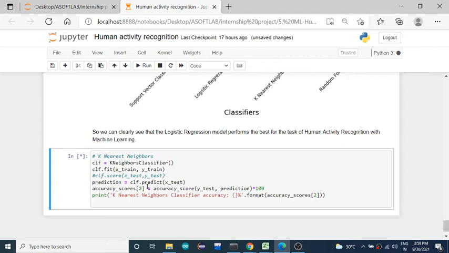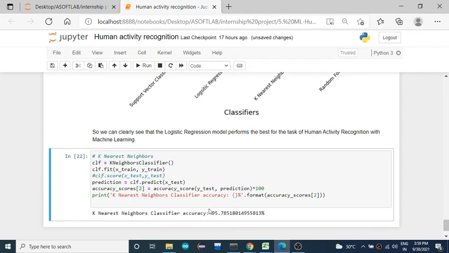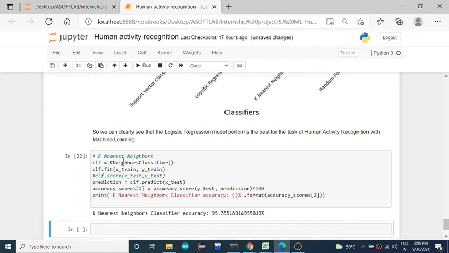After performing this operation, I'll be able to get the accuracy of the model. After the training, just deploy it.